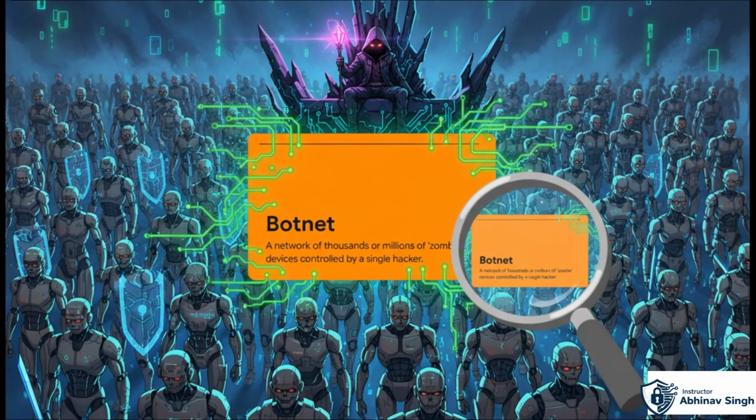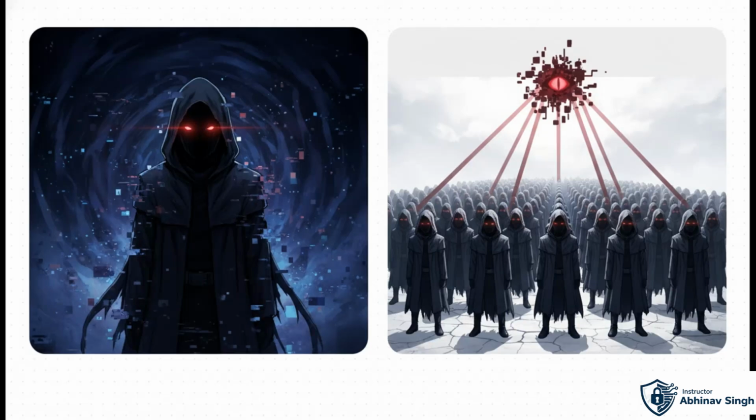And what happens when a hacker gathers a whole bunch of these zombies? I mean, we're talking hundreds, thousands, sometimes even millions of them. Well, that's when you get a botnet. It's like a giant, invisible robot army, all just sitting there waiting for a single command. The crucial difference here, the thing you really gotta get, is scale. A single zombie is like one rogue soldier. You know, it can cause some trouble, sure. But a botnet? Whoa, that's the entire army. It's a unified force that can launch these massive, coordinated attacks.